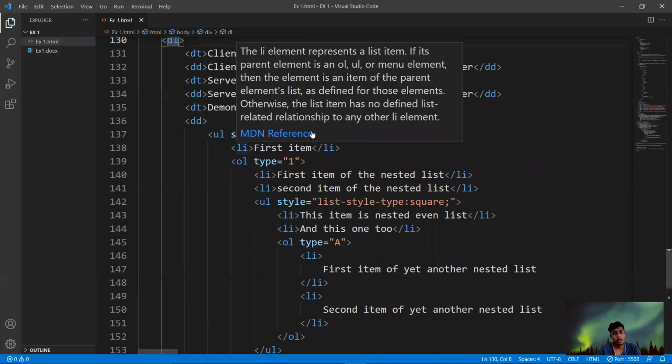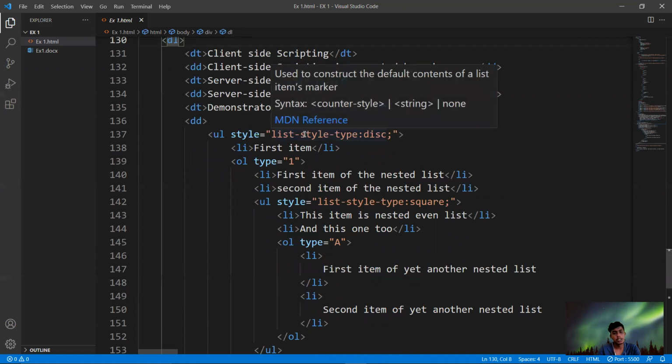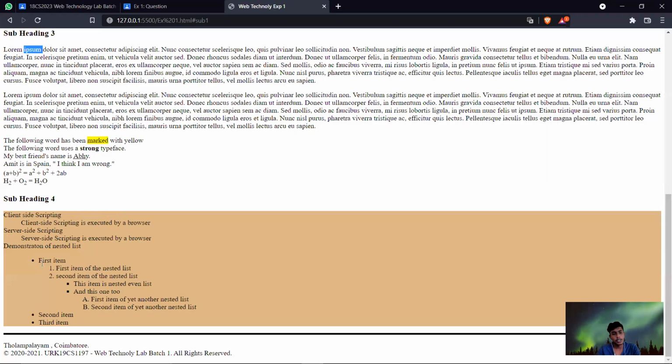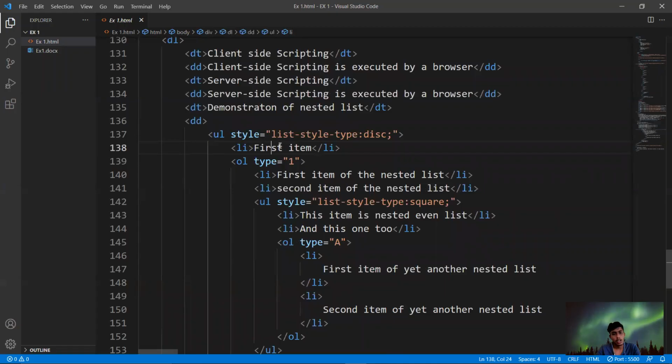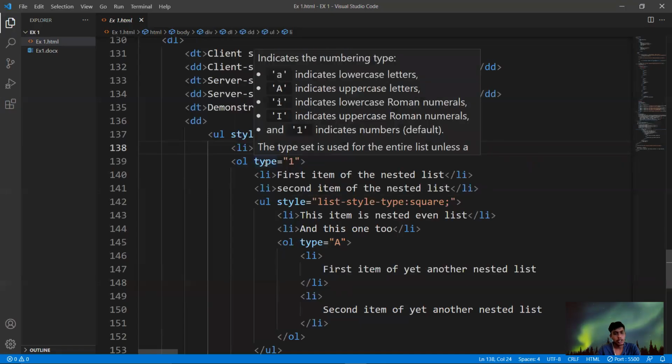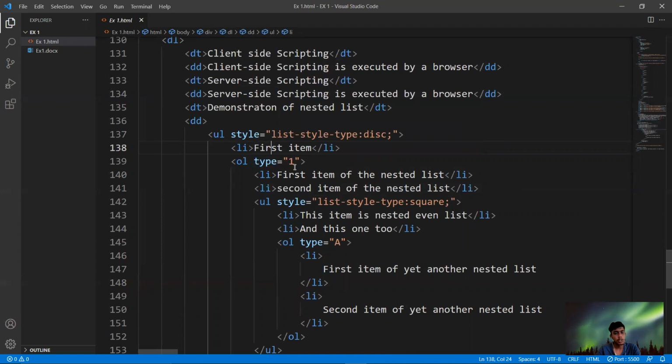In the list, I'm taking the list style type as disc, where the first list item is the first item. Afterwards this is the ordered list, in which the type is 1, that is 1 to 3.